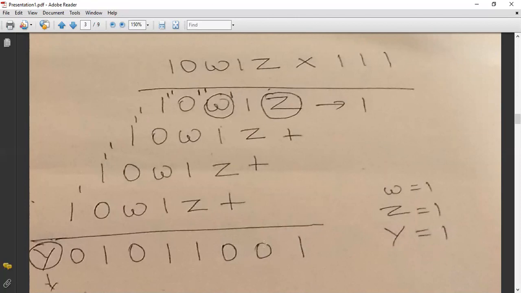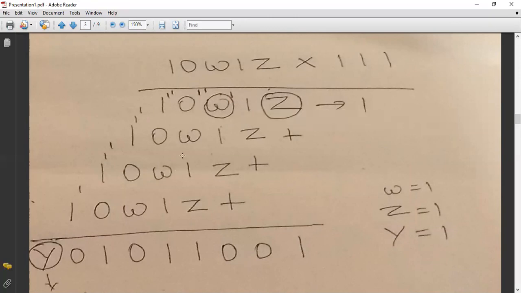Here we already have 0 in the answer. Now we know the value of z is 1, so 1 plus 1 is 0, carry over 1. Again 0 plus 1 is 1. But we have 0 in the answer, so the value of w should be 1, then only we will get 0 here. So 1 plus w equals 1 plus 1, which is 0, carry over 1, so we got a carry here. Fine, now let us go further. We got the value for z as 1 and the value for w as 1.